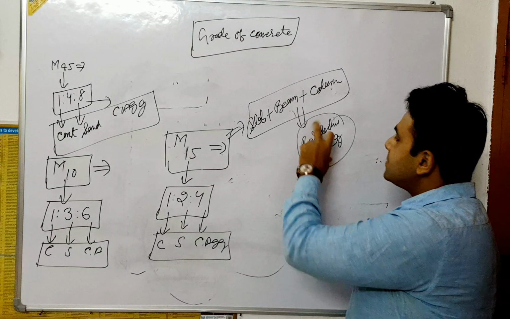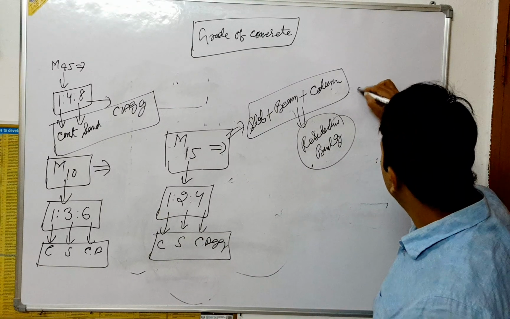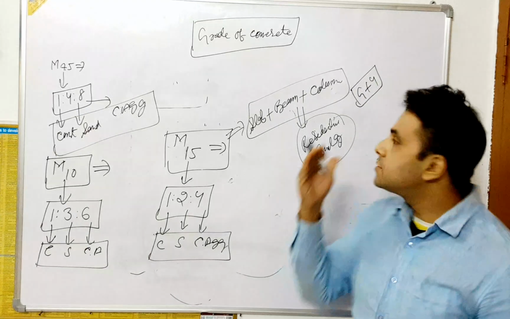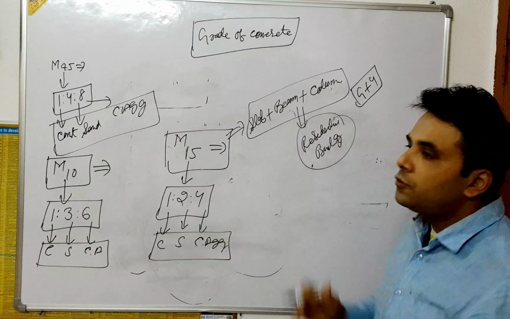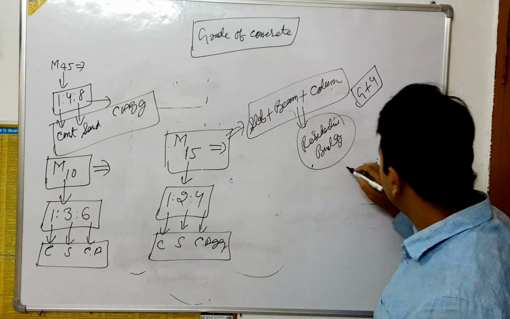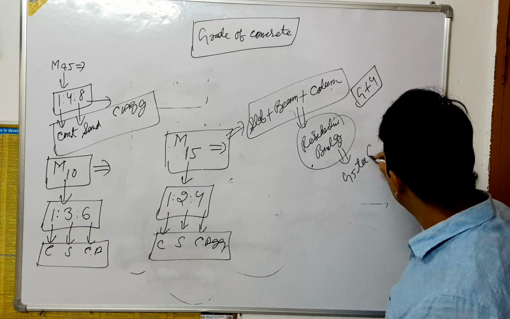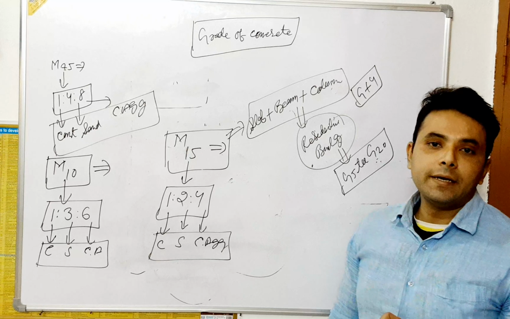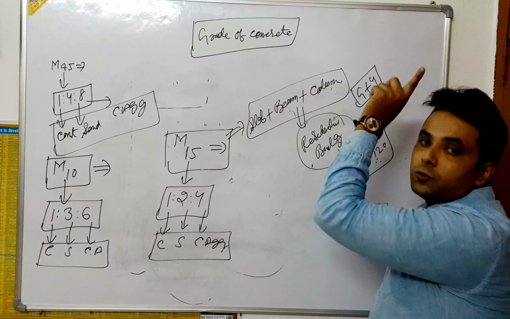What is the difference between a residential building and a multi-storey building? See, a residential building is up to G+4. G+4 means ground floor, first floor, second floor, third floor, fourth floor. Up to the fourth floor, any type of building is called a residential building. And above that, G5 to G20, we say this is a multi-storey building. You cannot say this is a residential building because its height is up to 20 floors. Clear?